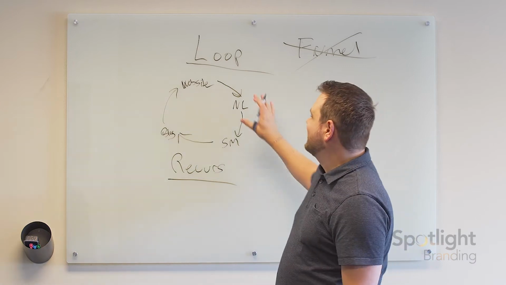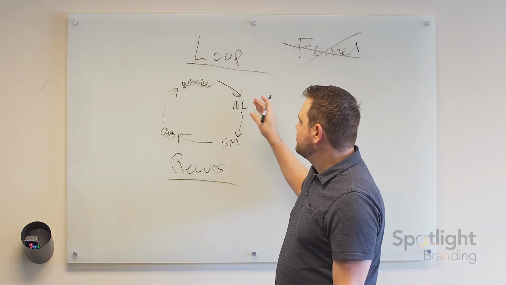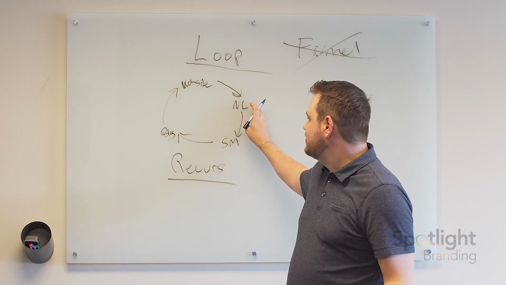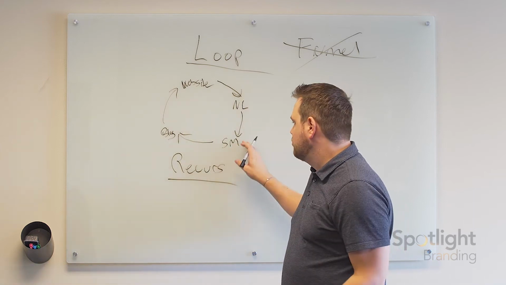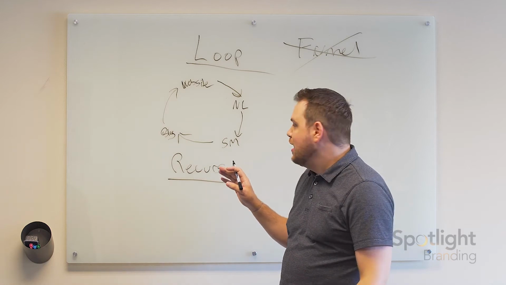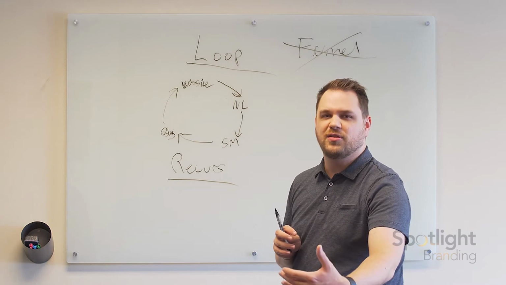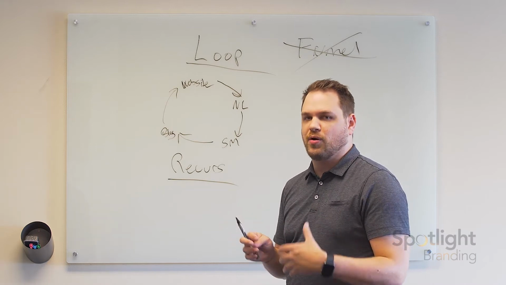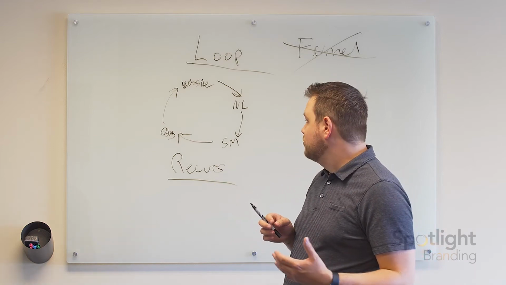So let's almost pretend like this is happening monthly. So every month you send out a newsletter. That's a touch point. Okay, these are all touch points. Every month you send out a newsletter. Then a couple days later they see a social media post. Then a week or two later a new blog comes out. Then maybe a few days later they happen to see another social media post. They might not be going to look for it, but if you do your social media properly, people in your network should see the content at least occasionally that your firm is posting.